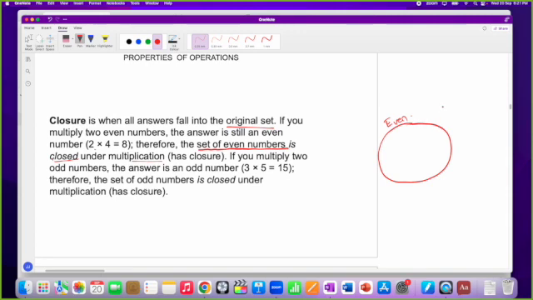Is this set a closed set? Does it have closure under multiplication? So you have 2, you have 4, you have 6, you have 8. You have all of the even numbers in here. You have 10. If I take 2 and multiply it by 4, 4 2s are 8. The answer is still in this set. So that means that this set is closed. The set of even numbers is closed